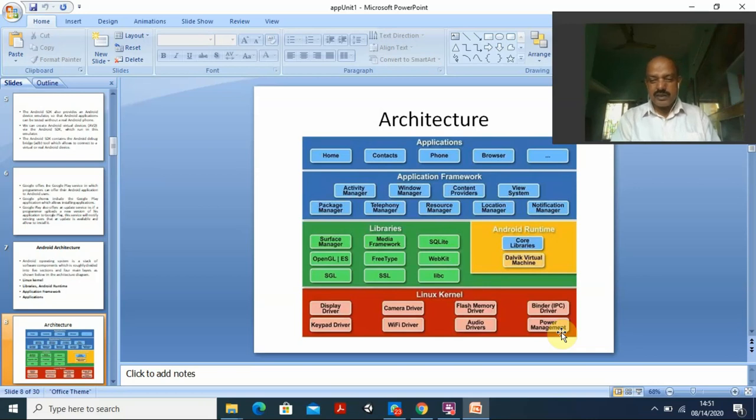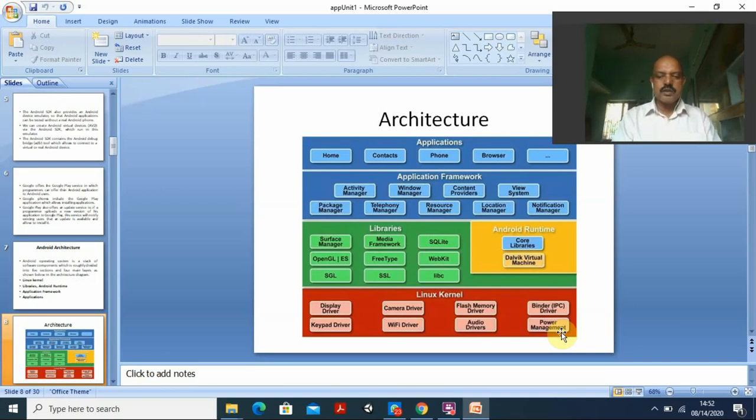Now this Dalvik virtual machine is just like a virtual machine, like how we use the JVM, the Java Virtual Machine. For these things also we will be using it. It is available under the Android runtime, and its name is the Dalvik virtual machine. Its job is similar to the Java virtual machine, but it is related to Android. Clear? Then we come immediately to the application framework.